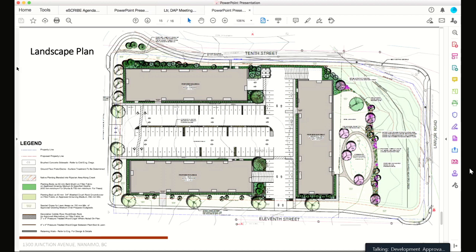Here we've proposed a mix of street tree types to frame the frontages along Junction and 11th, and then increase variety in form and color and avoid creating a monoculture with just one specific type of street tree. So we tried to keep some language that ties it together, but then bring in some other types